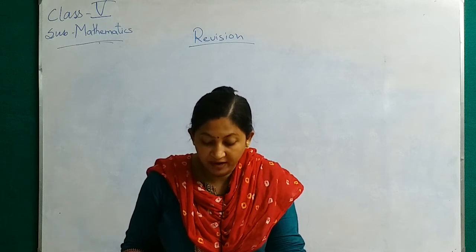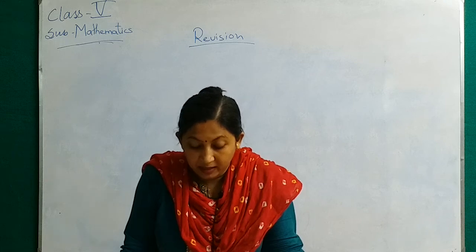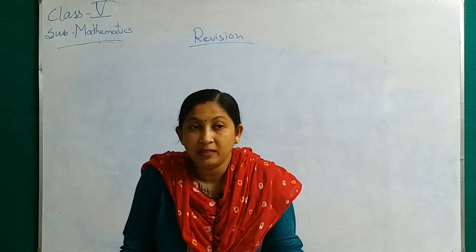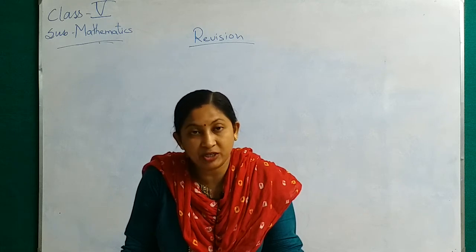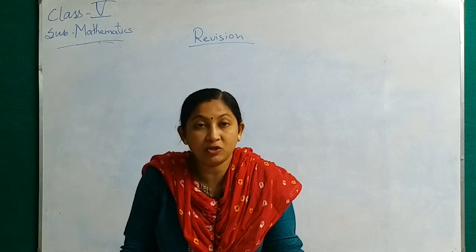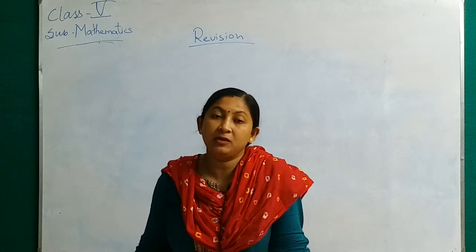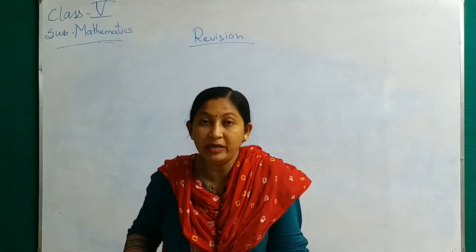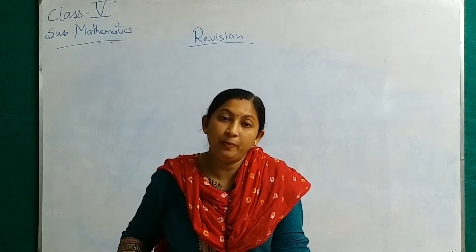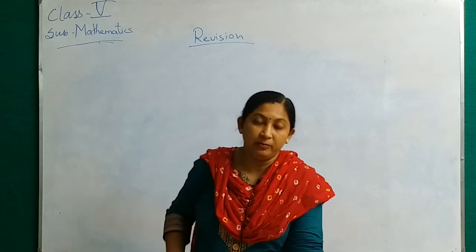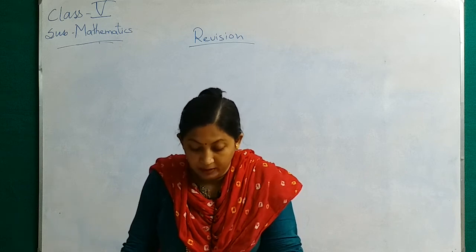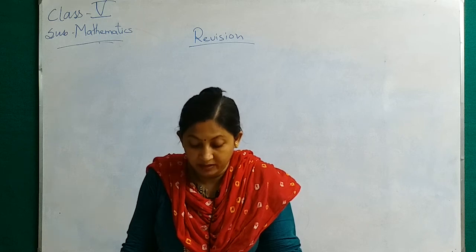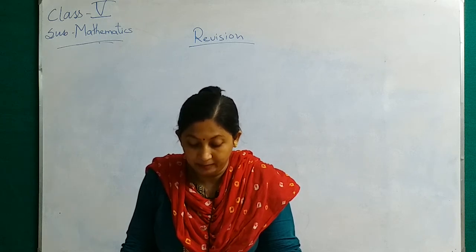Now come to question number 5. The numeral has to be written in the international system. That means you have to give the commas according to the international system. The commas are given based on the Indian system. In the Indian system the rule is 3 then 2 2 2. But in the international system the rule is 3 3 3. That means in every period the members are 3 in the international system. So it will be option number A. Give a tick mark in option A.